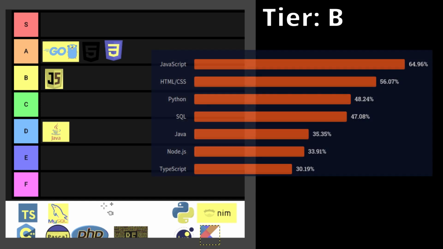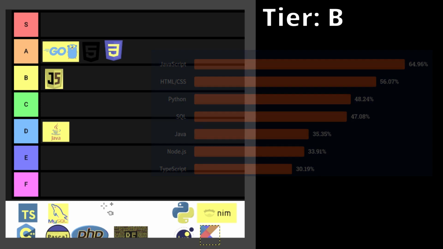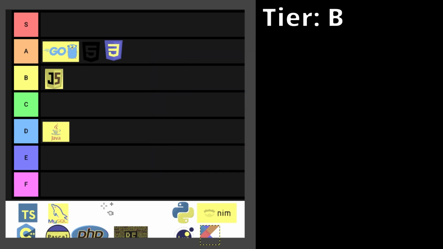Popularity wise, it's only a matter of time before TypeScript is more popular than JavaScript. It has the same community as JavaScript, but it's just a bit smaller. And in my opinion, TypeScript is my third favorite programming language. I love having enforced types. It makes code easier to read and understand, as well as keep the bugs away. We'll put this in B tier, but some might say it should go in A or even S tier. But I'm just going to put it here in B tier. But personally, I would have put it here in A tier if I had full control over it.